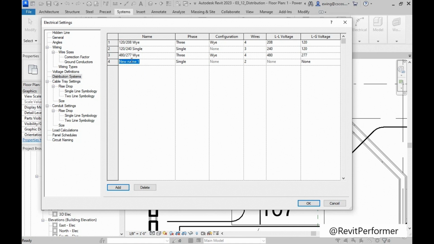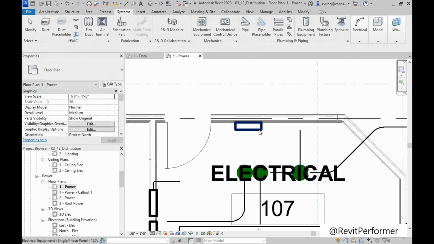For the new name, we'll call it 120/208 delta. The phase is going to be a 3-phase panel. The configuration will be delta. For wires, we'll go 4. For our voltage, we're going to go with 120. For ground voltage, we're going to go 208. Click OK. Now if we select this panel,